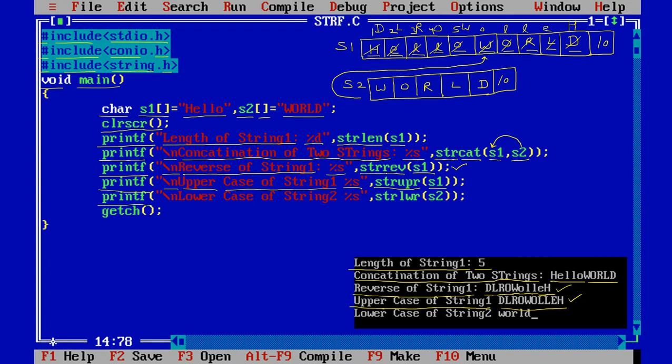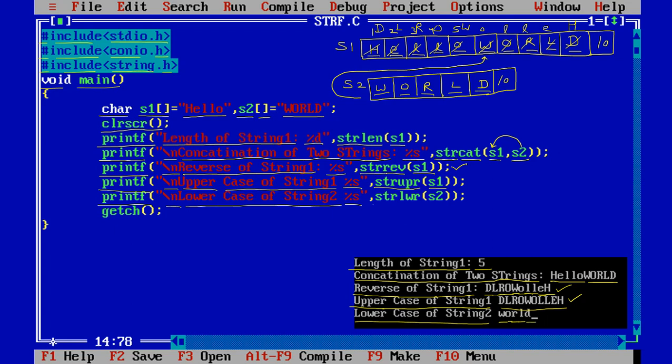Afterward printf \n for the new line, lowercase of string 2. Now lowercase of string 2, and we know that %s is for printing the string on the screen. Now lowercase of WORLD will be capital W into small w, capital O into small o, capital R into small r, capital L to small l, capital D to small d.